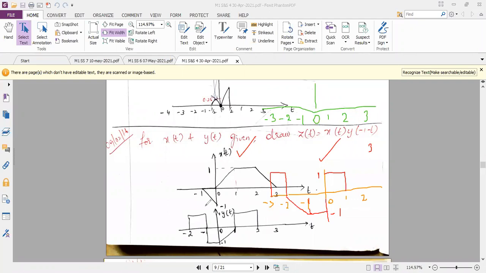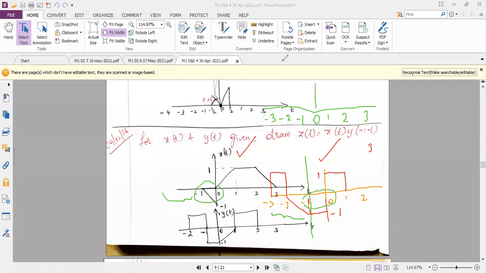But when I multiply, I definitely do not get up to -1, because in the second diagram at -3, -2, -1 I have some signal, but in the first diagram I do not have any signal. So if I multiply the on signal with the off signal, the answer is off signal only. My output will be 0. So from where I have to concentrate much is from -1 to 0. So here also I have the signal from -1 to 0.